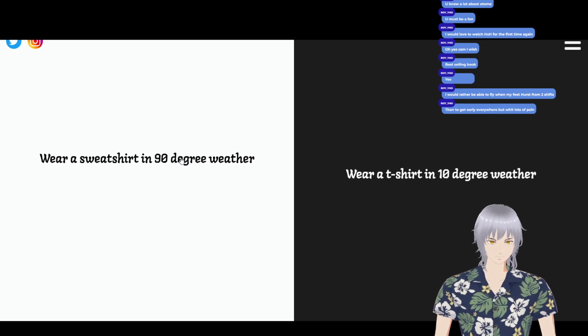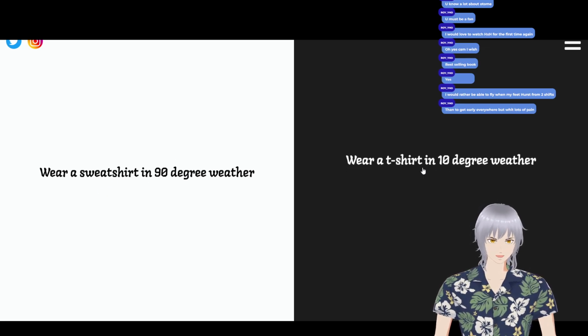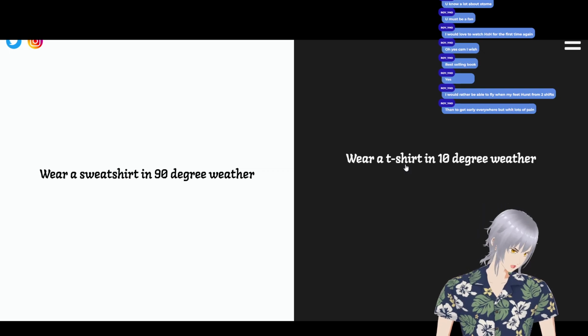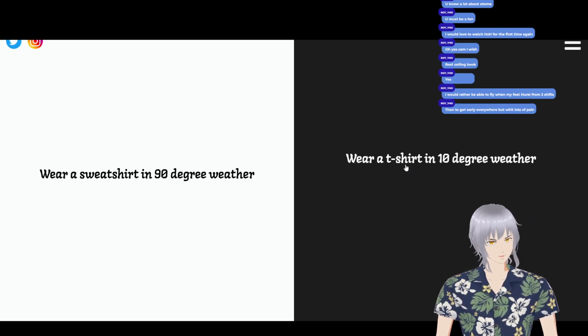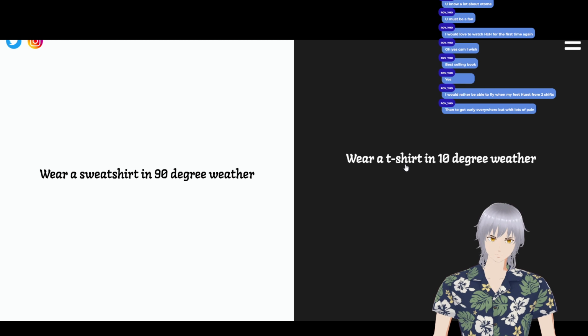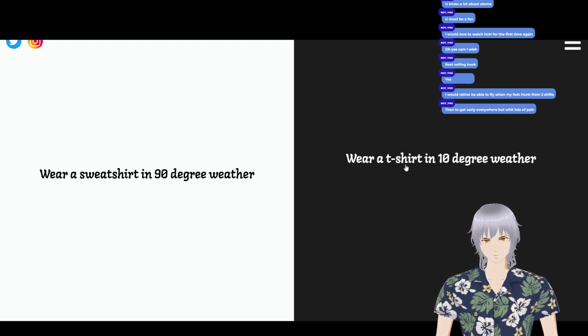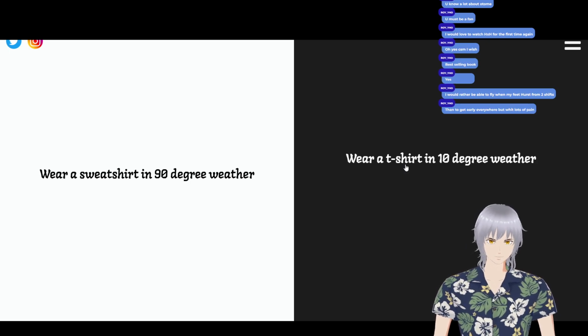Wear a sweatshirt in 90-degree weather, or wear a t-shirt in 10-degree weather. All right, so this is gonna sound contrarian. I hate sweating, but I would still rather wear a sweatshirt in 90-degree weather than a t-shirt in 10-degree weather, simply because